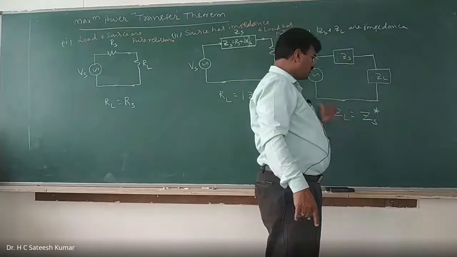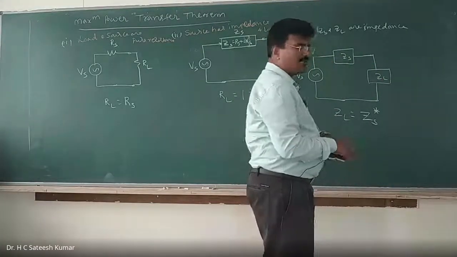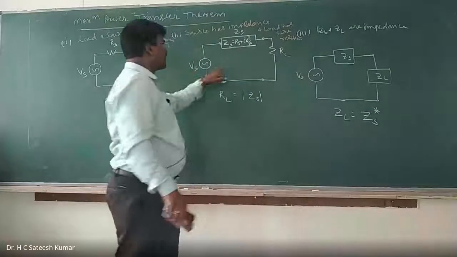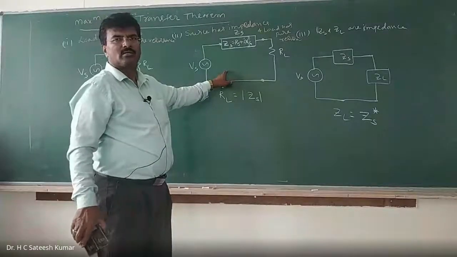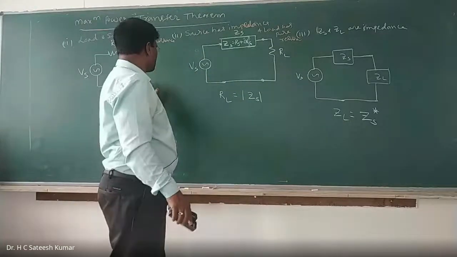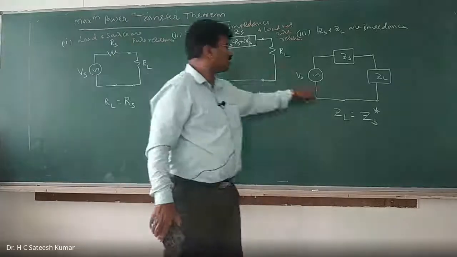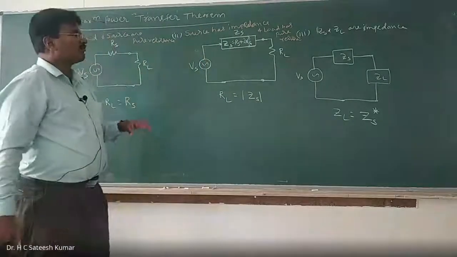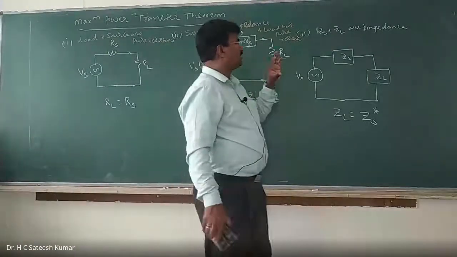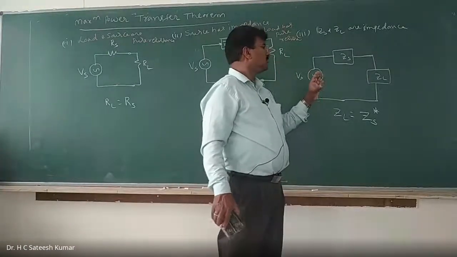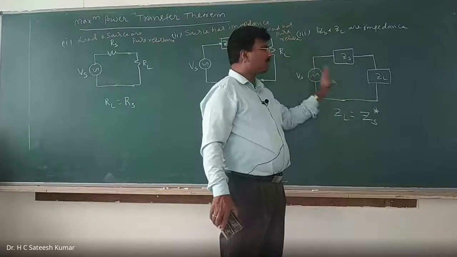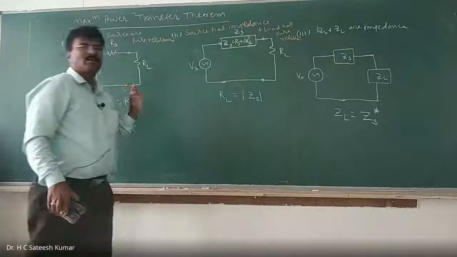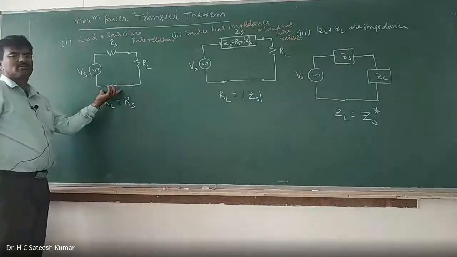So proof of this also they have asked. All the 3 they may not ask. Sometimes they will ask the third one. Sometimes they will ask the first one. Very rarely they are asking the second one. Majority of the cases they will ask the first or the third. And any one proof they should give. If they say state and prove maximum power transfer theorem for the complex AC circuit, then you should do this one. Or generally they will say state and prove maximum power transfer theorem, then you do this one. That is more than sufficient.